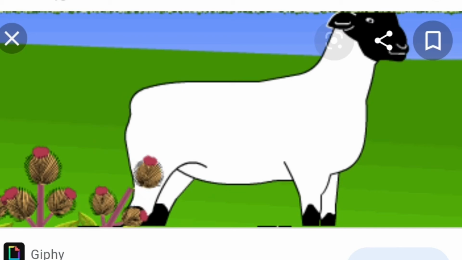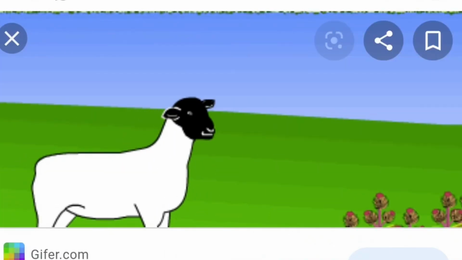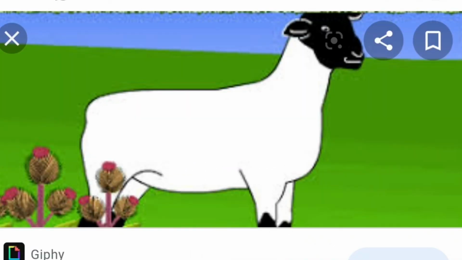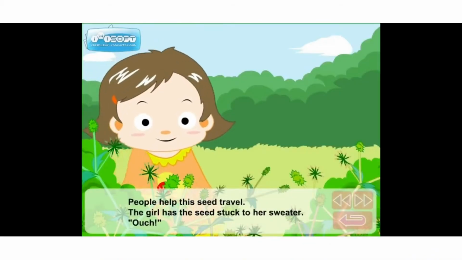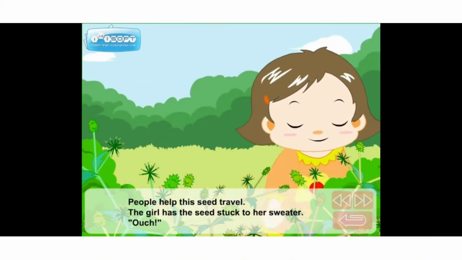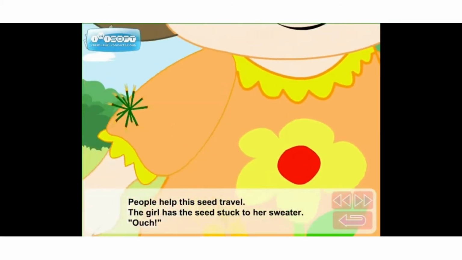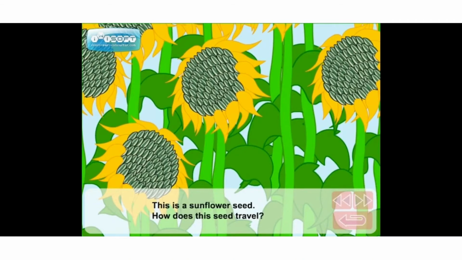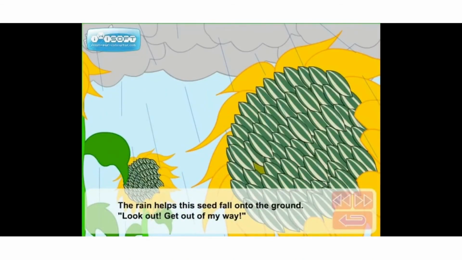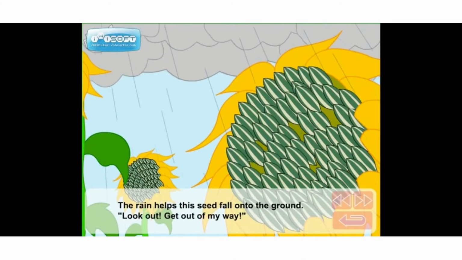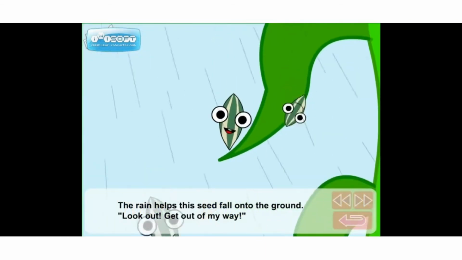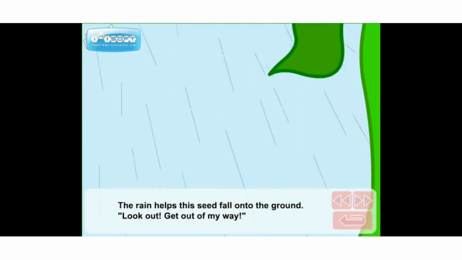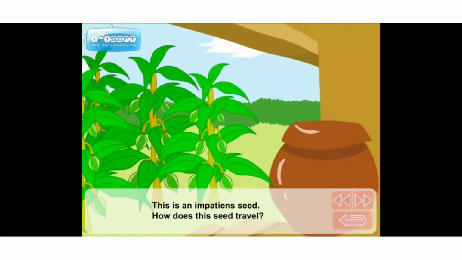Now, some seeds and fruits such as goosegrass and burdock have hooks that catch on the fur or feathers of animals or on people's clothes. If the seeds eventually drop off onto soil, they may grow. Now, some seeds are dispersed through rain. When it rains, the seeds will be carried by the rainwater to other places and will grow. Now, the fruits of peas, beans, and lupins are pods.